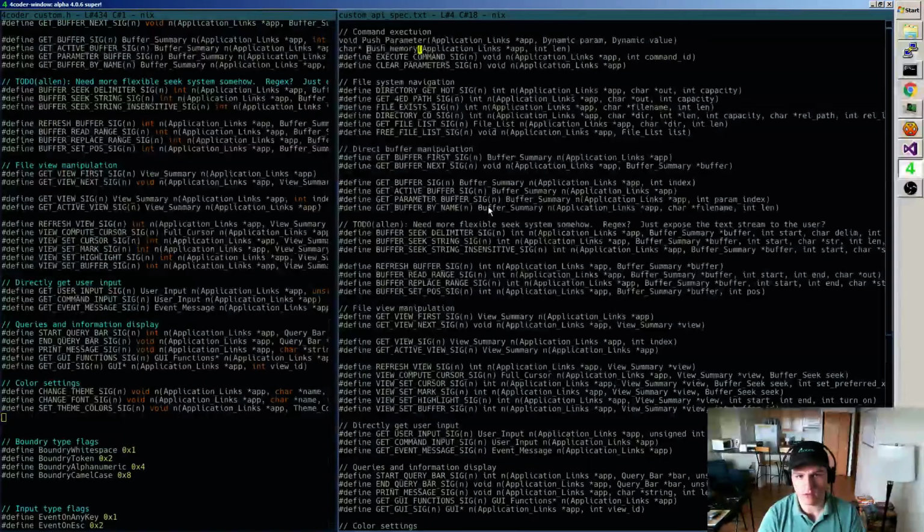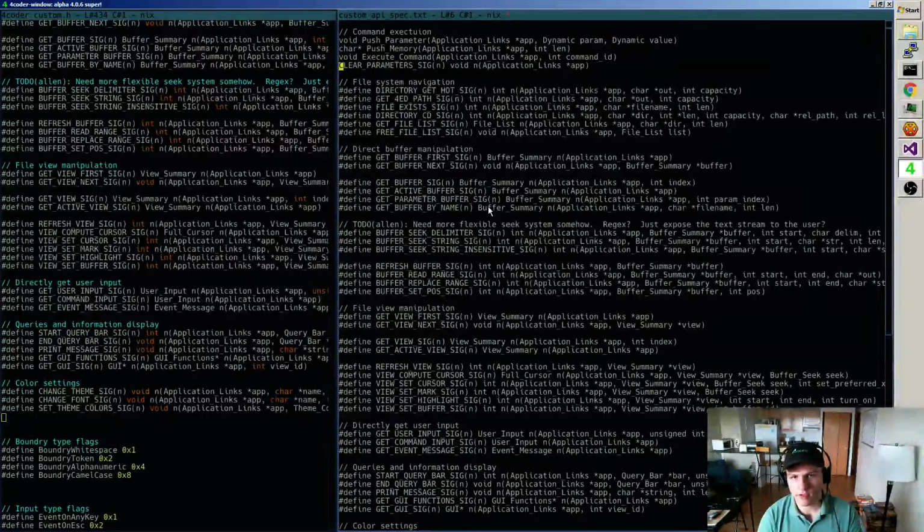And let's see, I can lower all of that, and then memory push, boom, boom, boom, boom, execute command. And then I'm also leaving the arguments signature there, as you can see.